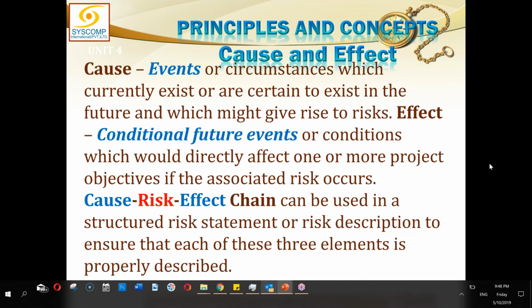Then I'm now coming to the risk. There is a high likelihood that this will occur. Something will occur, so describe that something. There is a high likelihood. I'm showing the probability here. There is a high likelihood that this thing will occur, which will affect the quality of the